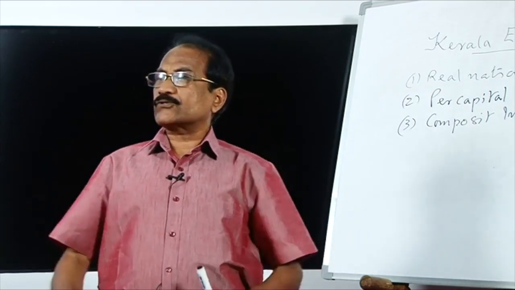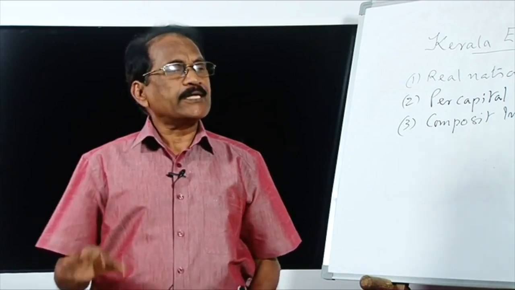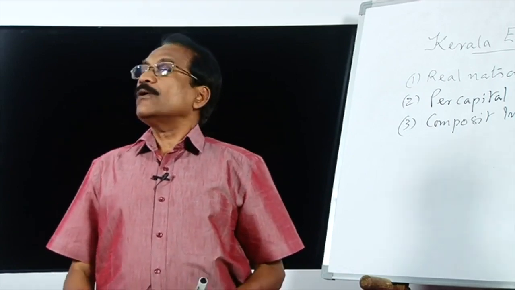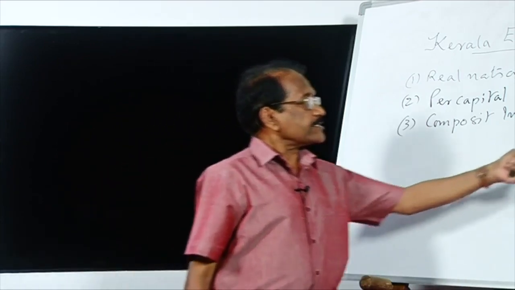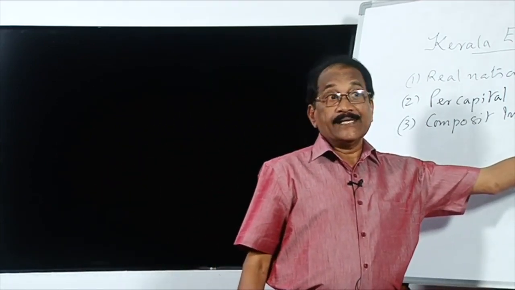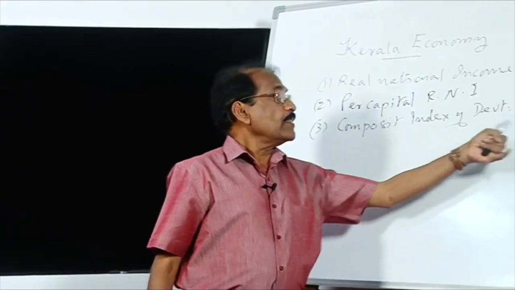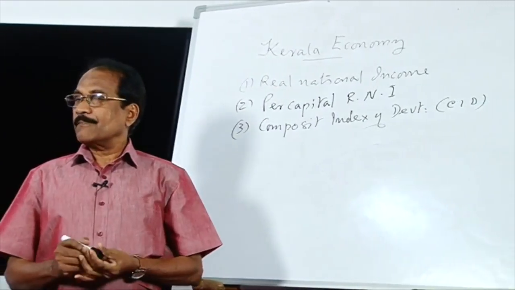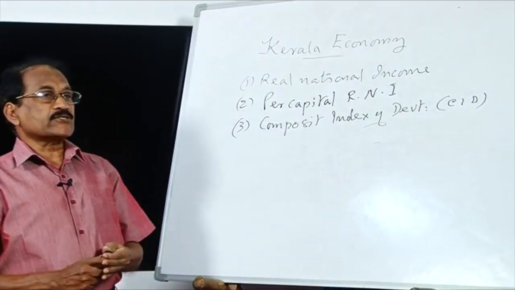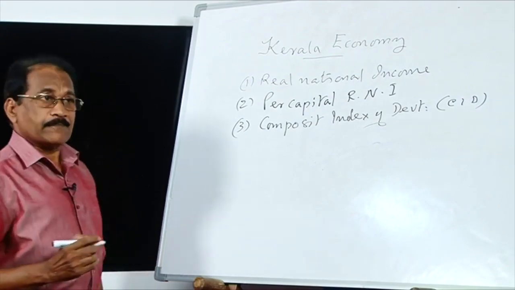Many other things we have to take into consideration simultaneously. So modern writers constructed an index number of development, a composite index of development. One such composite index of development to be constructed for the first time was